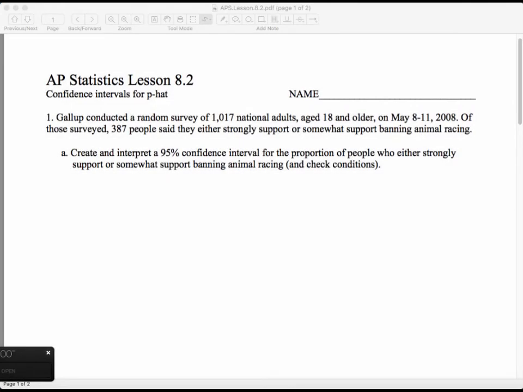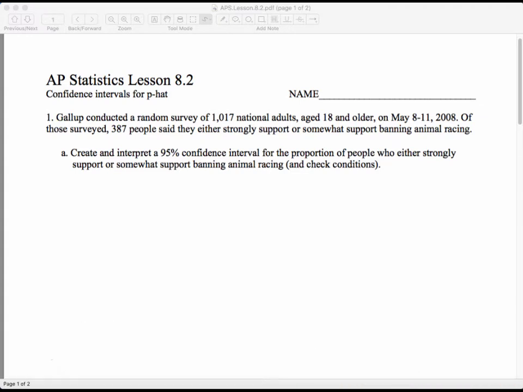Hi, this is Mr. Ferris, and I will lead you through Lesson 8.2, where we will build confidence intervals for sample proportions. So here's a fairly simplistic example where there was a Gallup poll taken, and you can read there